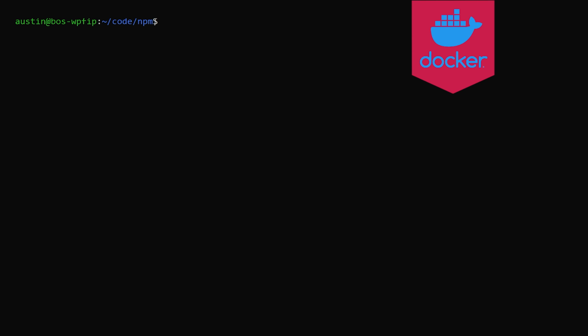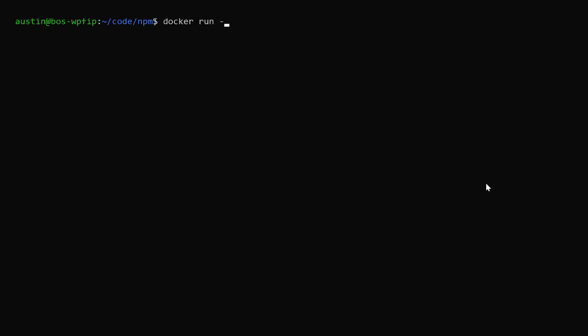Firstly, if you're comfortable with Docker and you have that installed on your computer, we can use that to run a local Postgres database on our machine. Docker run in detached mode. I'm going to give mine a name of npm, sure. And we're going to map the ports from 5432 on the Docker container to 5432 on the host